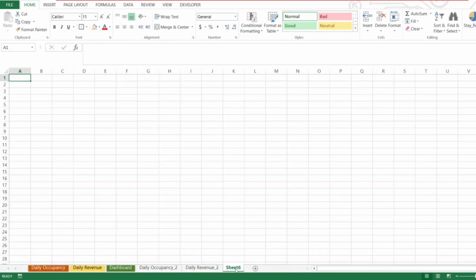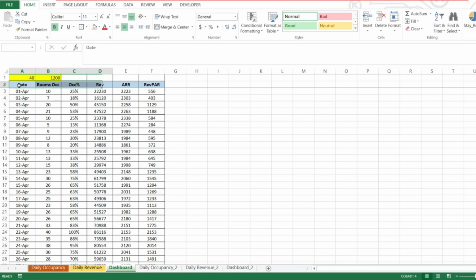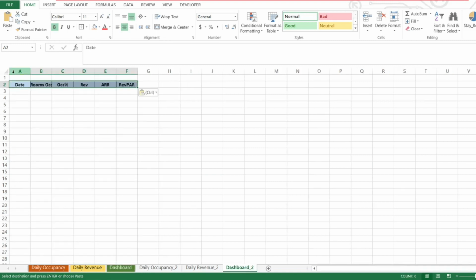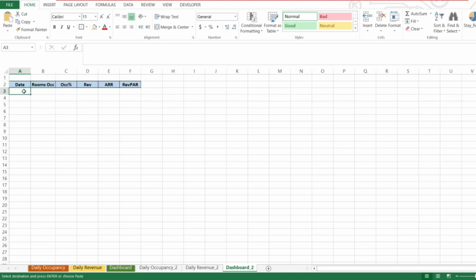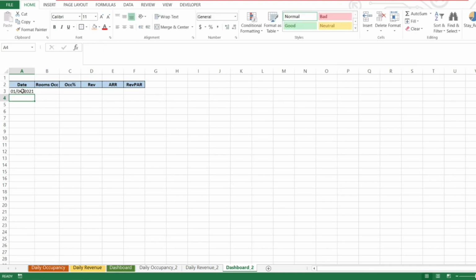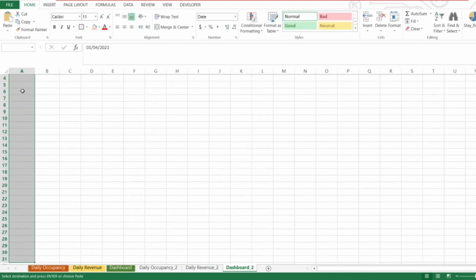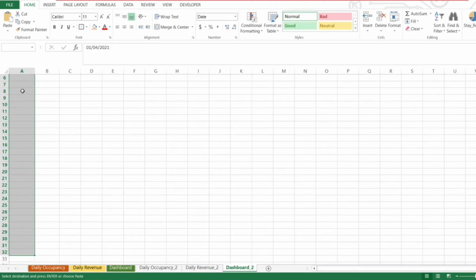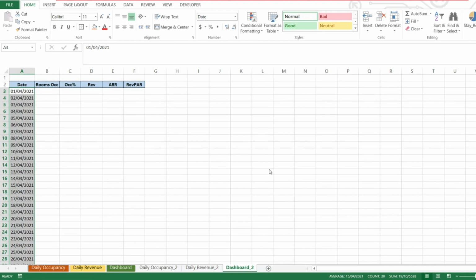Here we create a new worksheet. We'll name it dashboard 2, and I'll just take the formats of what I'm using for this dashboard. Okay, so I'm going to paste this in this particular row. Okay, this looks neat, and we'll get the date range again. This is for the month of April, so we are going to fill up this series over here with all the date ranges, and the series is available. We're going to change the format so that it appears a little bit more neat. And here we have the date range.